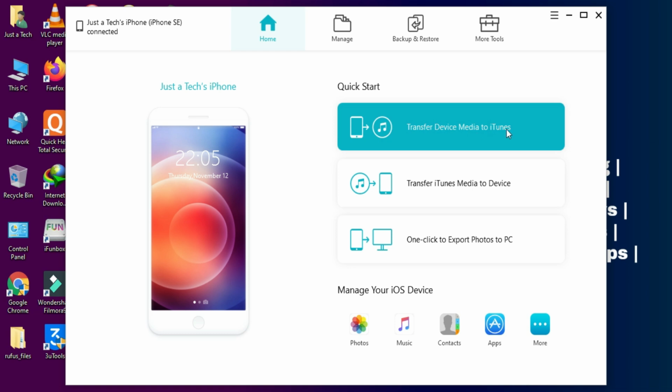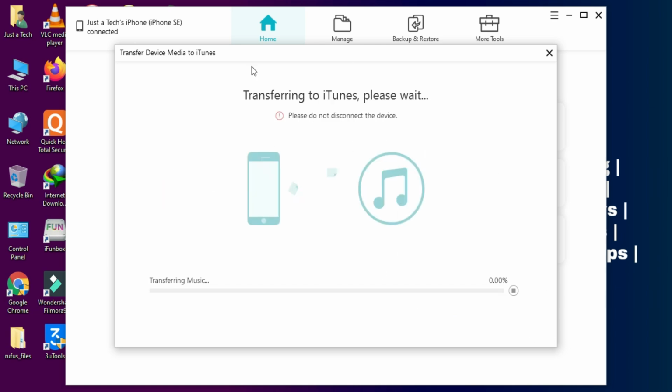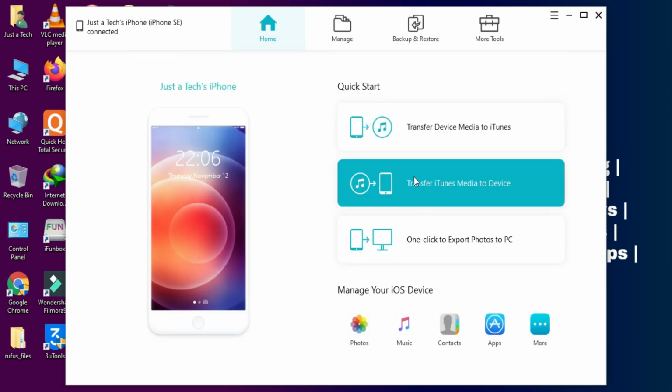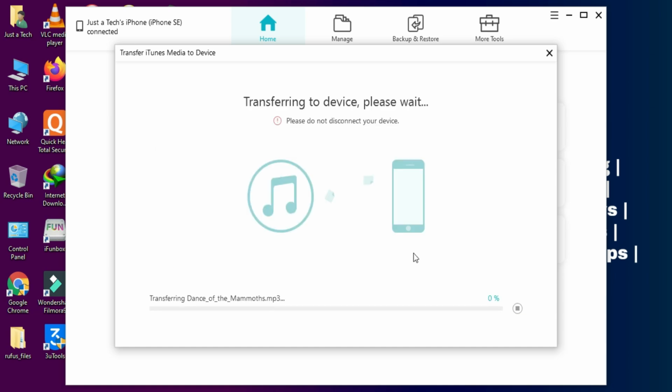Now on the left side you will see three options. The first one is to transfer all your important data directly to the iTunes backup, so you can select the files according to that. If you want to take a backup of only some files, you can do that, and if you want to back up all the files, you can directly transfer them to iTunes. Now all the data is transferred to iTunes directly. If you want to reverse this process and transfer all the data from iTunes to your device, just click on that and you will see your iTunes backup, and now you can directly restore it to the mobile.